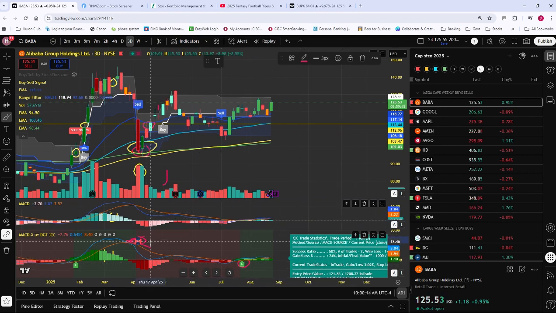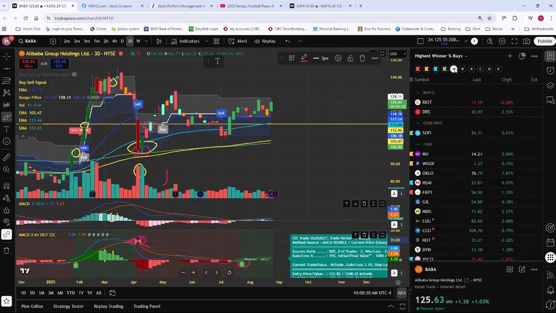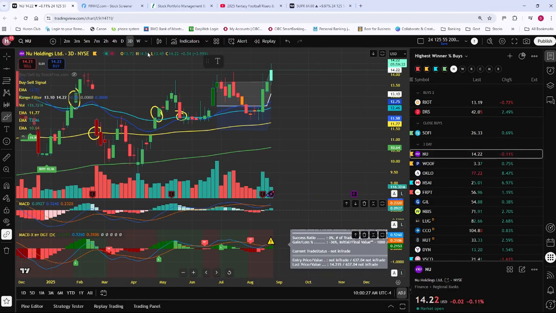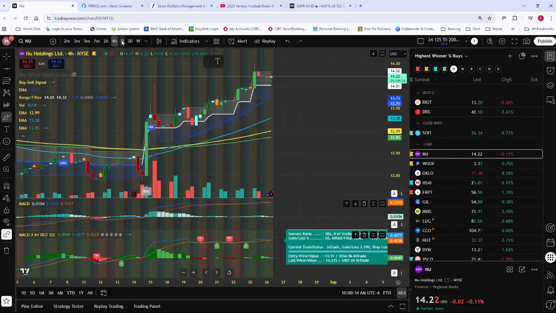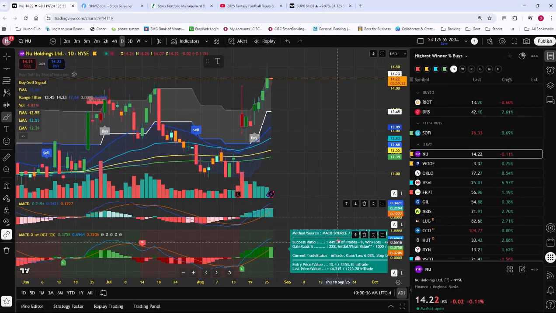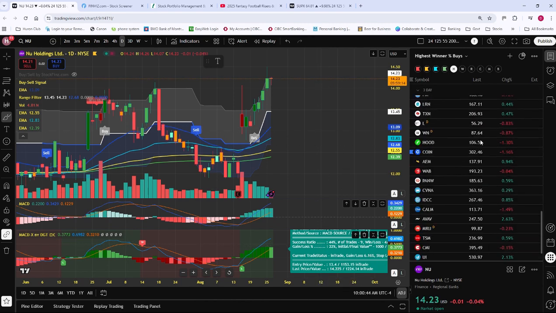I want to use that number there. And so I developed a whole list of, on the right hand side, my highest winner percentage buys. And what I do there is I add on to that list with any companies that I see that are having decent success rates here. And so my first list of stocks are on the right hand side there, and all of these I know are fairly successful in their